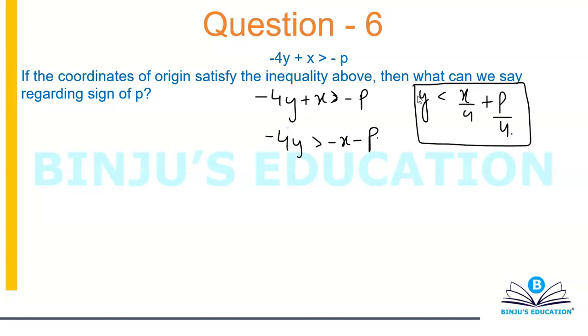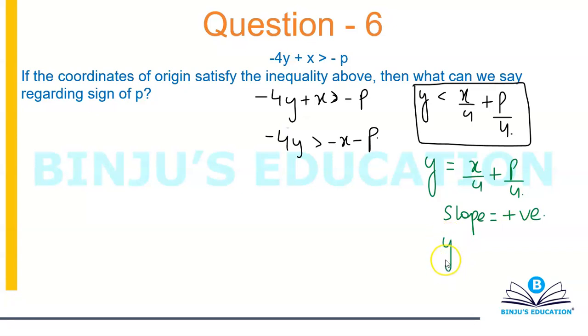Seems like an easy question. Okay. Now, remove this inequality and first of all write this with the help of equality, and this will become y is equal to x by 4 plus p by 4. Now looking at this, one thing is for sure, that my slope is 1 by 4, or let me put it in this way, that my slope is positive. Now do I know anything regarding the y-intercept?